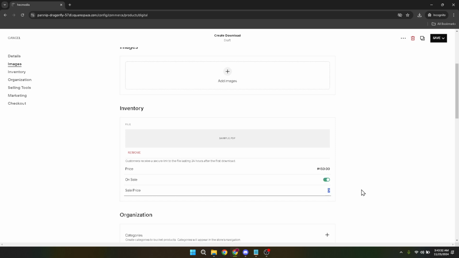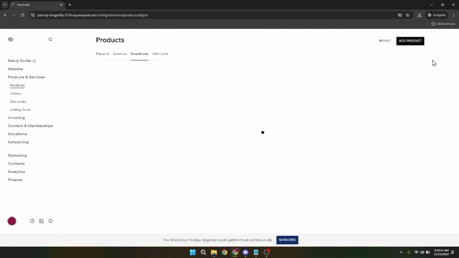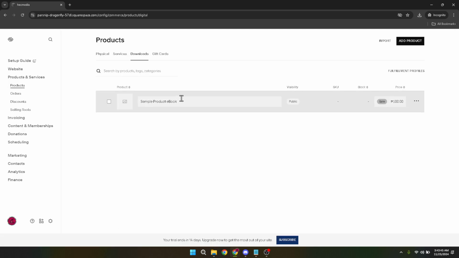All set? Before you make your ebook live, take a moment to review everything. Check your product name, ensure your file has uploaded correctly, and verify the price. After reviewing, it's time for the final steps: saving and then publishing your product. By clicking Save, you solidify the details, and Publish makes your ebook visible and available for purchase on your website. Congratulations! You've just walked through the entire process of listing and selling an ebook on Squarespace. With these steps, your digital creation is now out in the world, ready to be discovered and enjoyed by readers